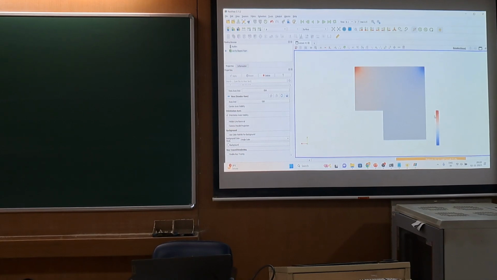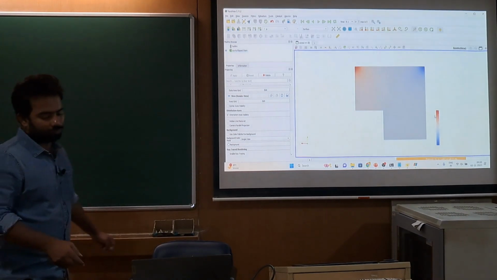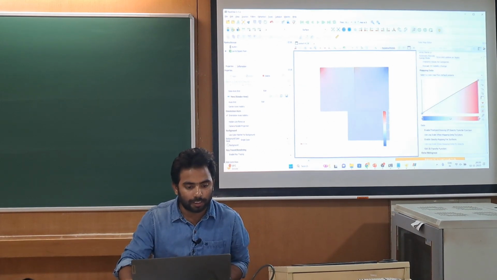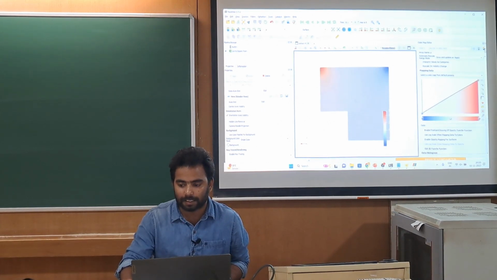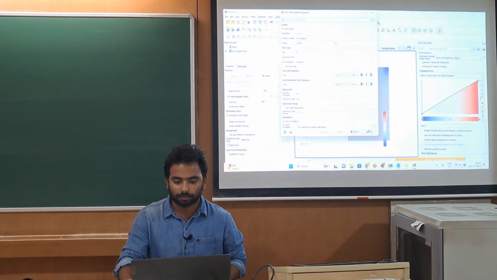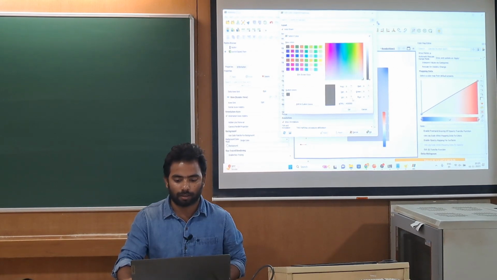You change this color. If you want to change the color of the text, you should go there and click on this E symbol you are seeing. Click on this and change the color into black or whatever color you want.